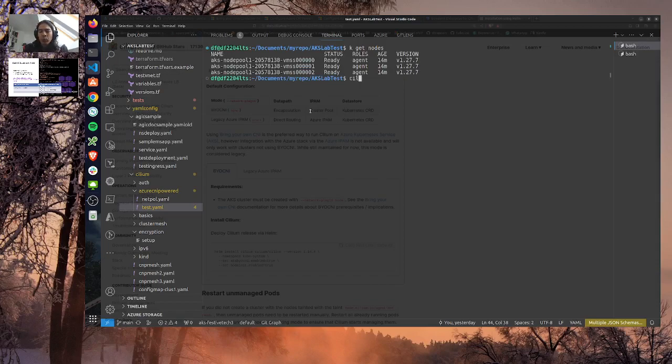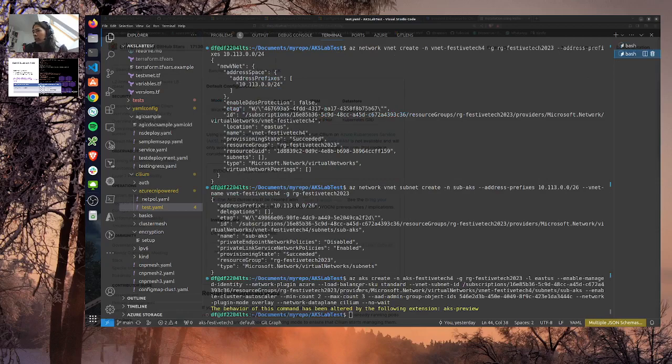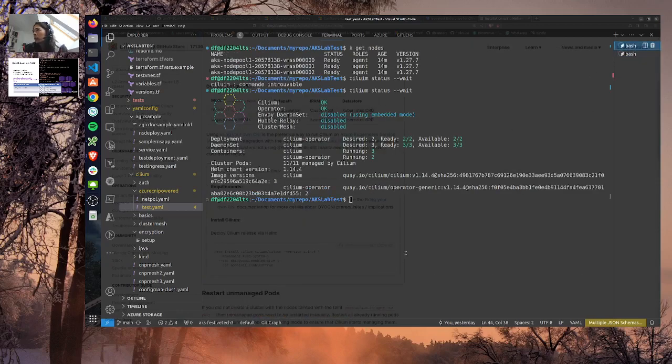So if I do a Cilium status with wait, you can see that my cluster has Cilium installed. Can I do the installation that I did earlier in my other environment? It was this one, I guess. No, not this one, it should be somewhere earlier.